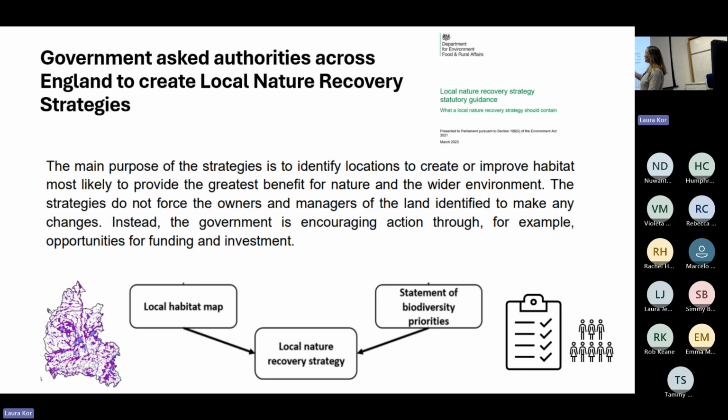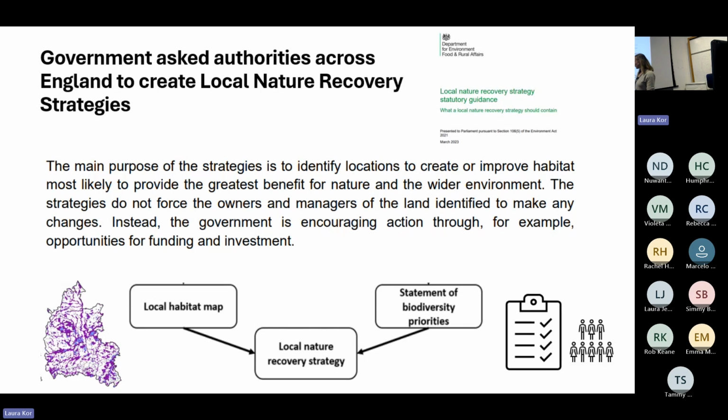So, government asked authorities in England to create local nature recovery strategies, or LNRSs, and there are two key elements that make up the strategy. One is called the local habitat map, that should look like a prioritised set of land in that area to focus nature recovery efforts towards, and the other is called a statement of biodiversity priorities. That is a list of priorities to achieve, so like outcomes to achieve, with actions next to those outcomes. So you could achieve this outcome by doing this thing,